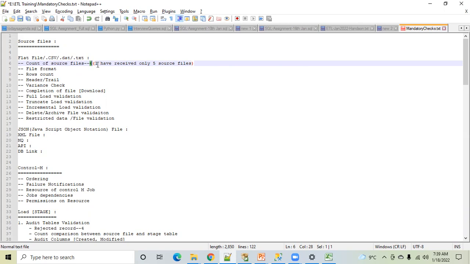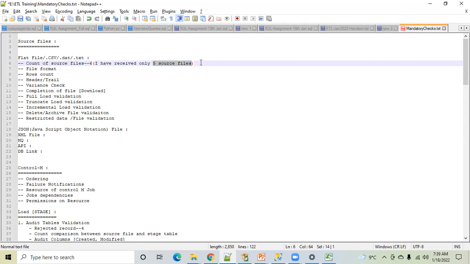But when I reached the office, I logged into the server and saw that I have received only 5 source files. Now tell me, how many source files are missing? One. One source file is missing.